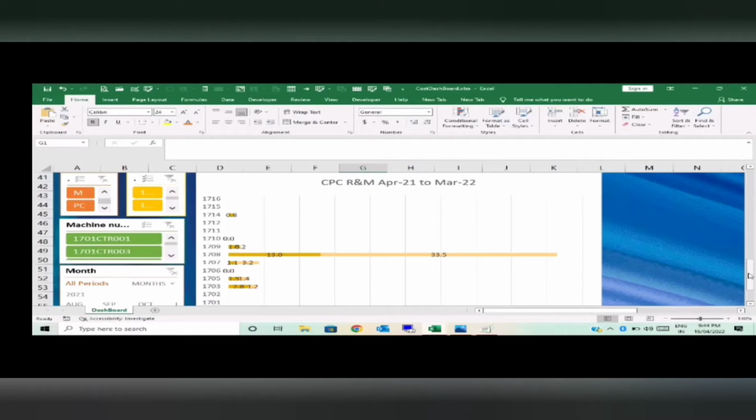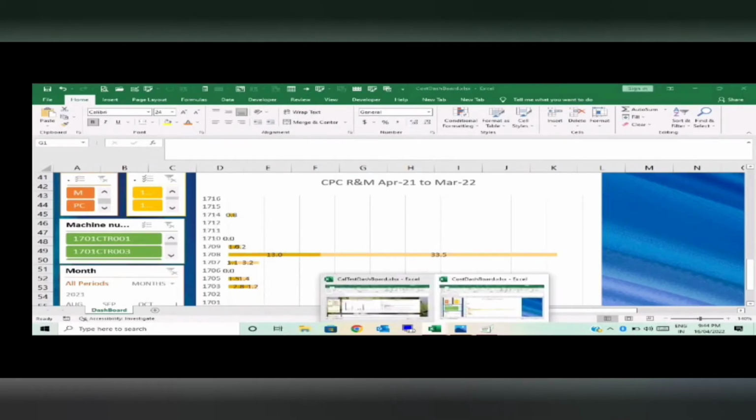Profit is one thing, it will be in relation with the numbers, that is okay. But profitability, suppose I am making the product at 2 rupees, if I have evolved something and now I am able to make the product at 1.9 rupees, then this is the increase of profitability. This has the potential to increase the profit. So this is a very important element. So we can monitor this one also, CPC.